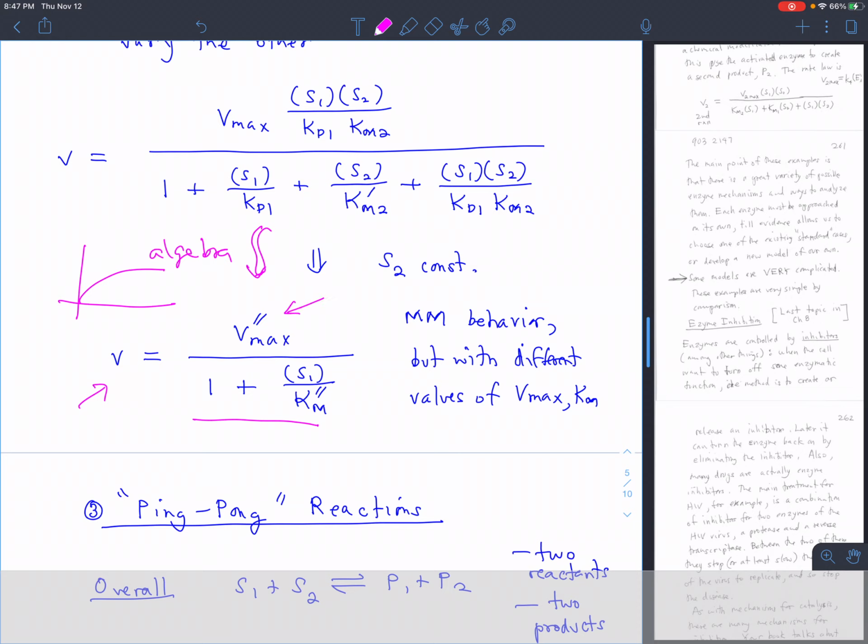But the new values for Vmax and Km would depend on the substrate 2 concentration and all these other things. In other words, they'd be much more complicated expressions and different values than what you'd get from the standard